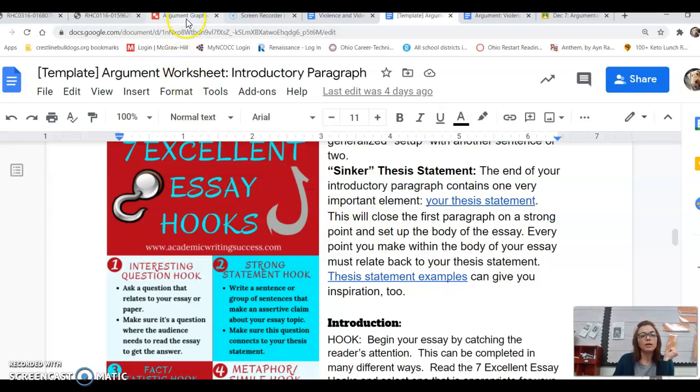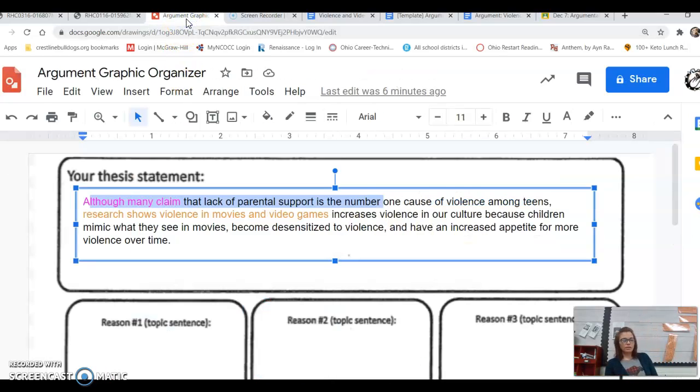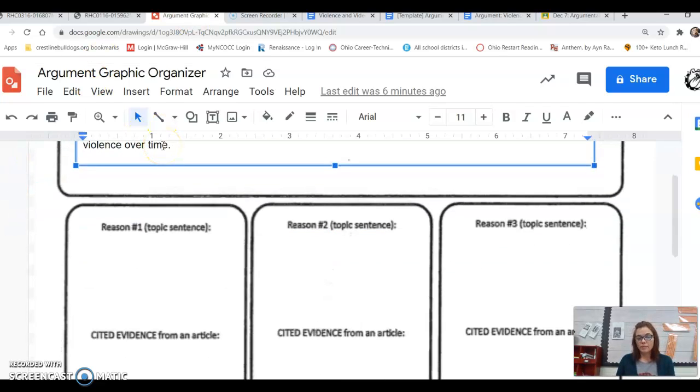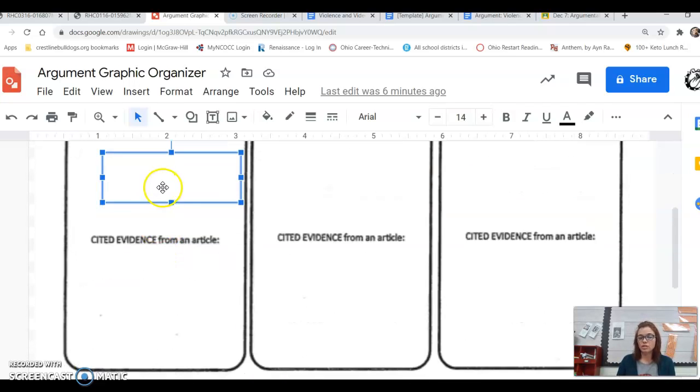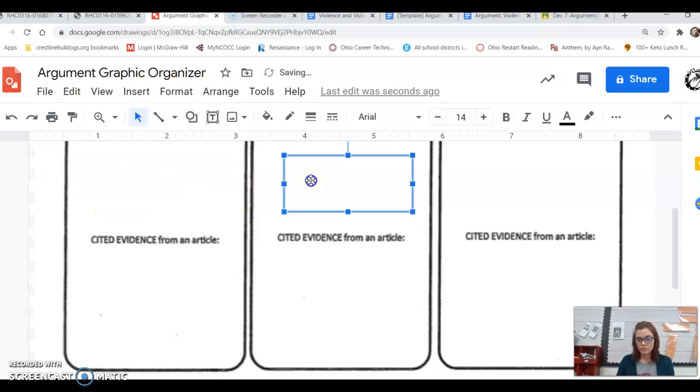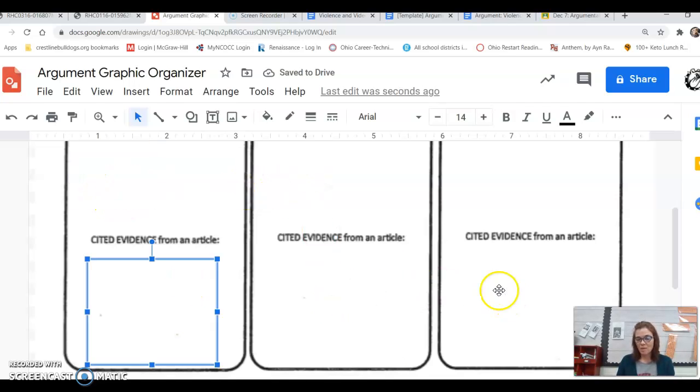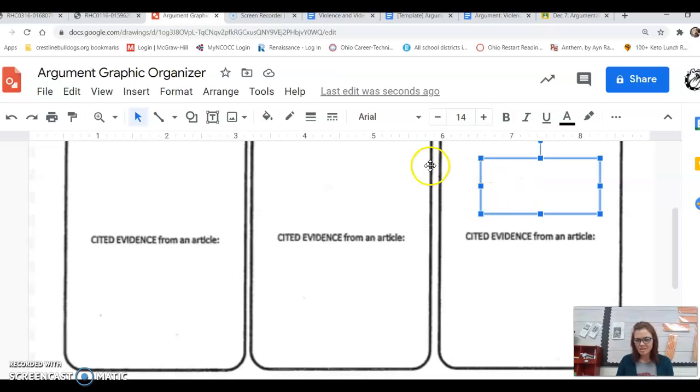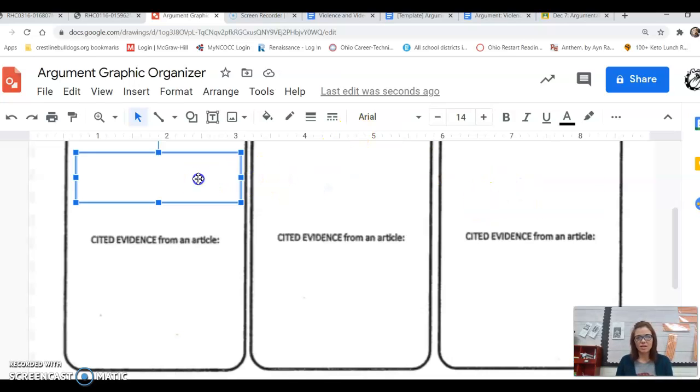So your argument graphic organizer. Okay, so this is going to be my reason 1. And when you click on this, a box should appear and you can just type right in that box, okay? I've already put boxes in there. So as you see, oh my goodness, I'm getting good at this technology stuff, okay?